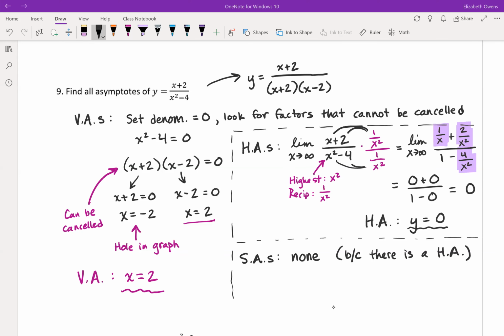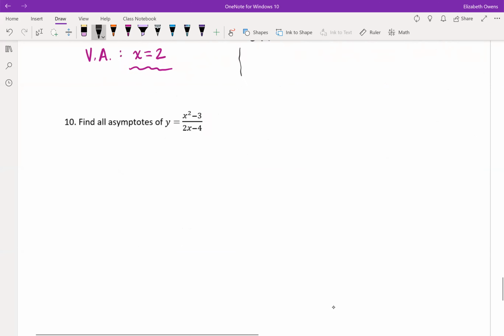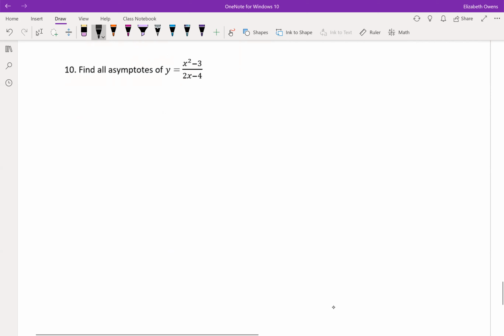Okay, next example. We are going to find all the asymptotes of y equals (x squared minus 3) over (2x minus 4). And we're going to go through essentially the same type of process, just checking through our different types,